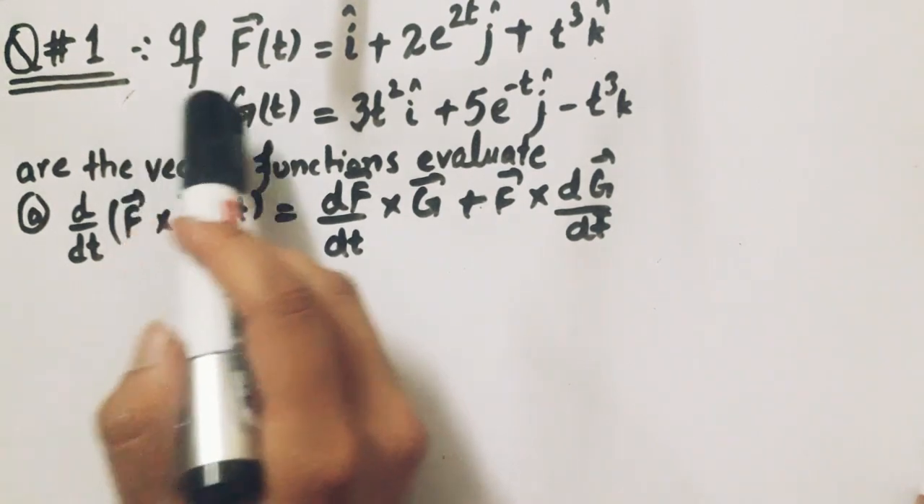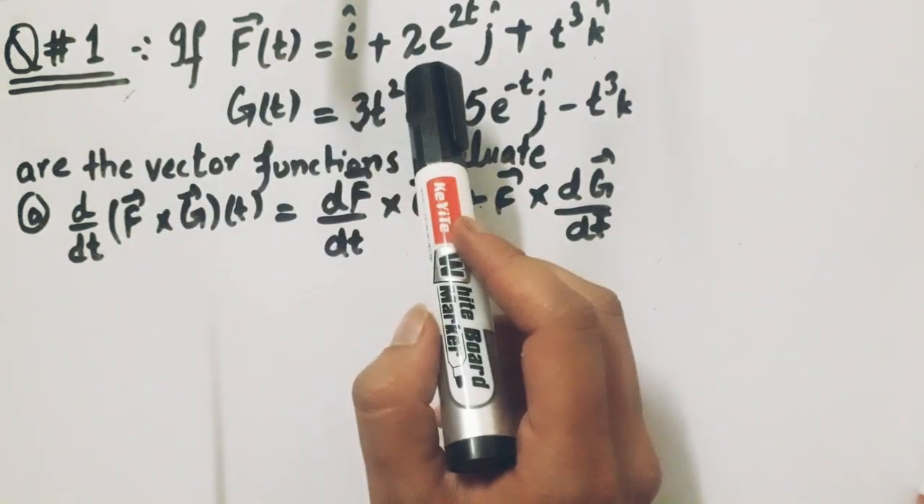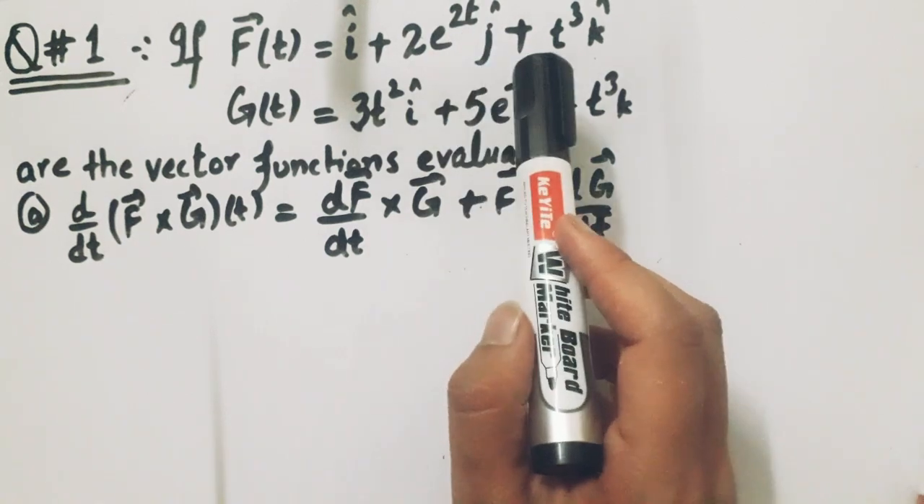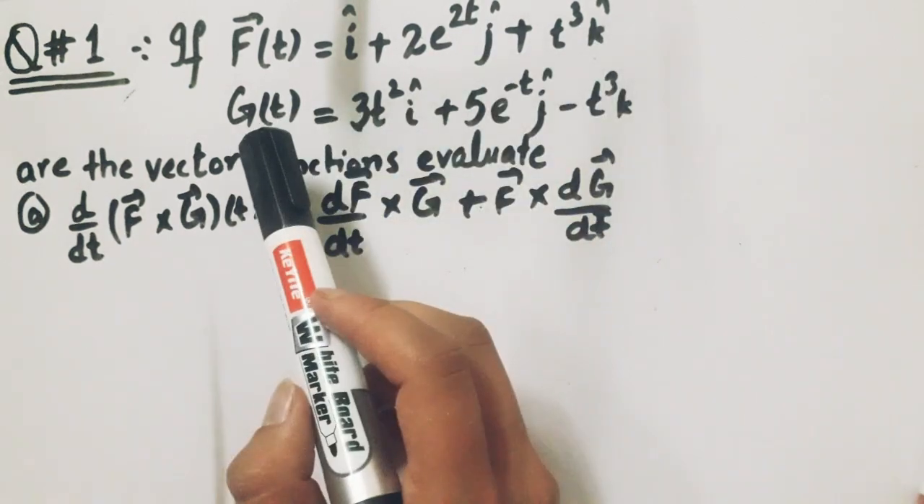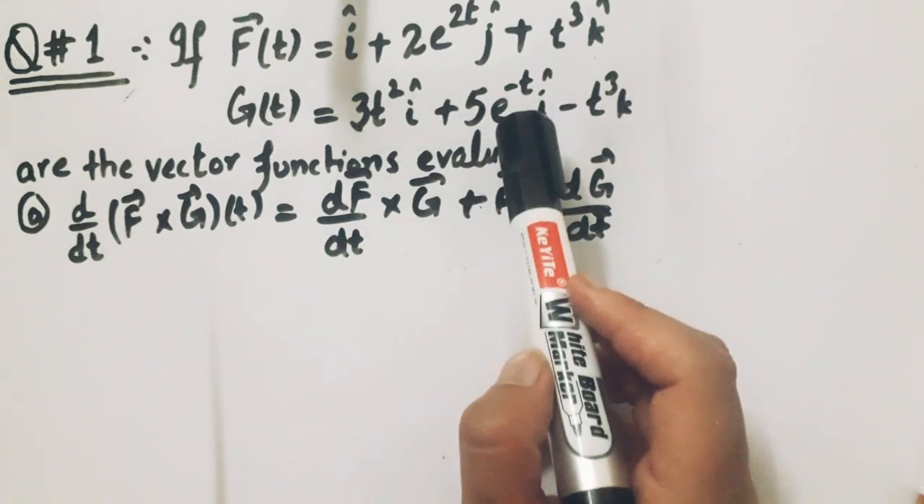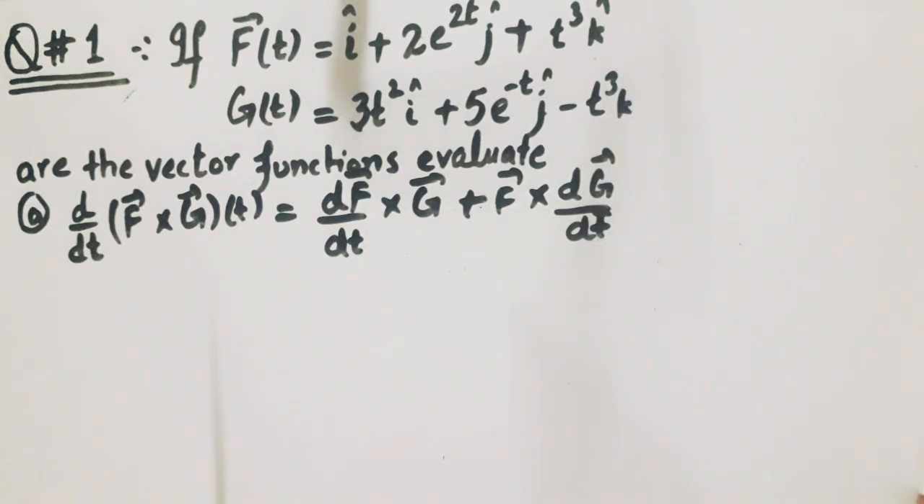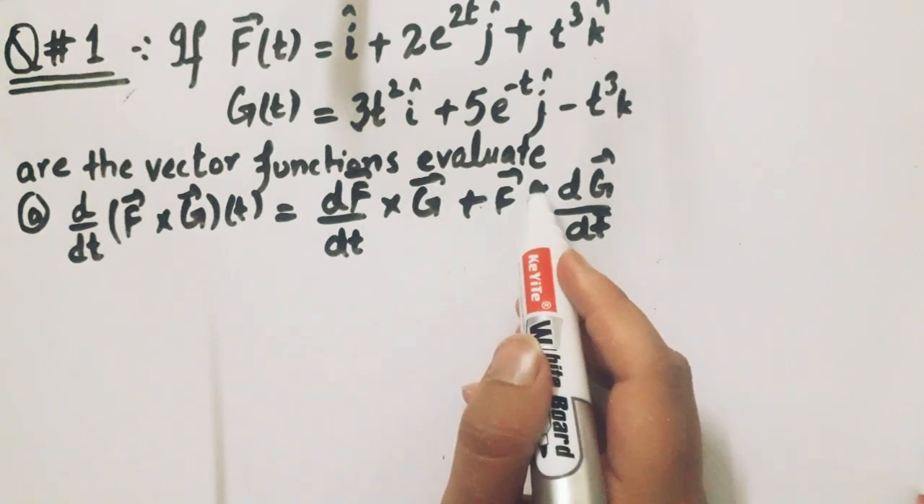Now question number 1 is: if f vector is i plus 2e^(2t) j plus t^3 k, and g vector is 3t^2 i plus 5e^(-t) j minus t^3 k, which are vector functions,